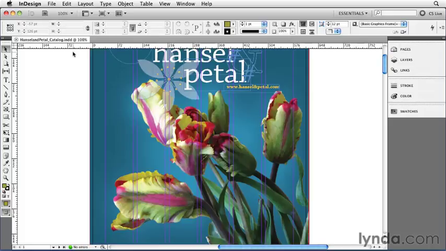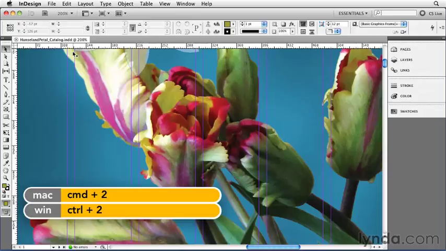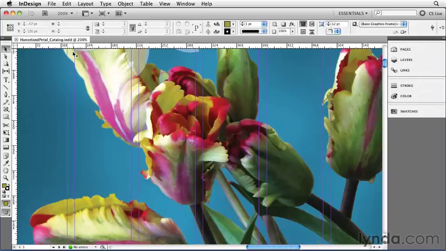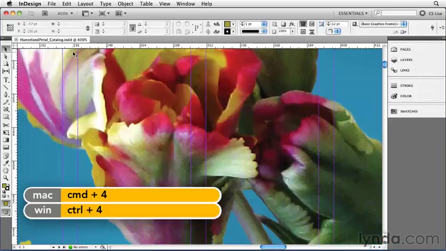Now, there are a couple of keyboard shortcuts I want you to know about that don't appear in the View menu, and it's sad that they're not there because they're really handy. One of them is Command 2. Command 2 goes to 200%, or on Windows it's Control 2. Another one to go even closer in, Command or Control 4 goes to 400%, and then Command or Control 5,